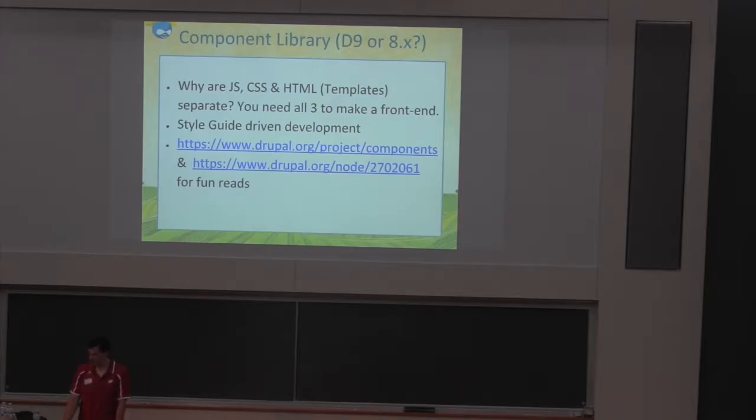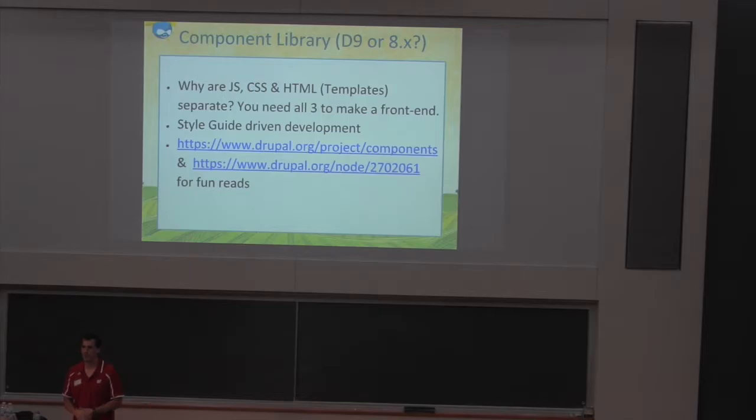So component libraries, this is something new. That would be Drupal 8 or 8x maybe, or it may not be in Drupal at all. So for an output of the page, you need 3 things: JavaScript, CSS, and some HTML. Right now, all of them are separate, but should they be? And this is something about how to architect your theme. So in Drupal 8,